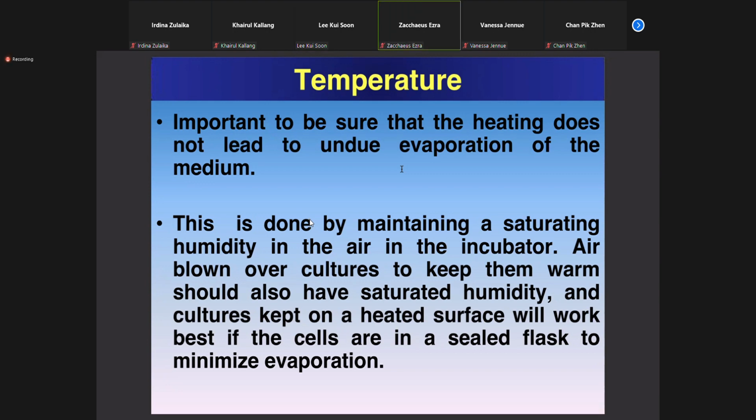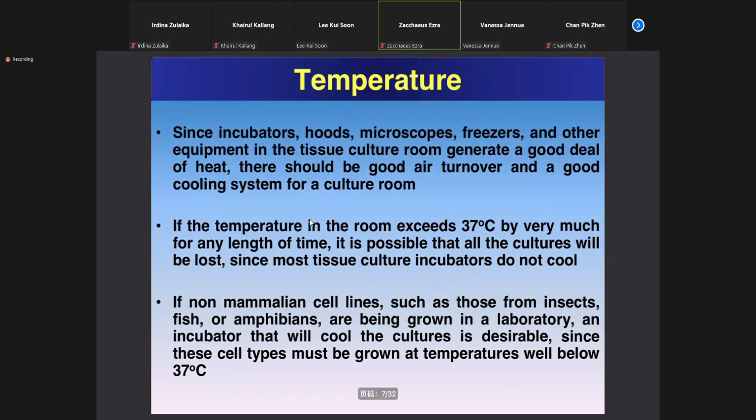Yes. Yeah, if there is a lot of water vapor on top of the media, the evaporation rate will be much slower. Is that right? Compared to totally dry air. Yeah? Yes. Yeah. Okay. So since incubators, hoods, and also microscopes, freezers and other equipment in the tissue culture